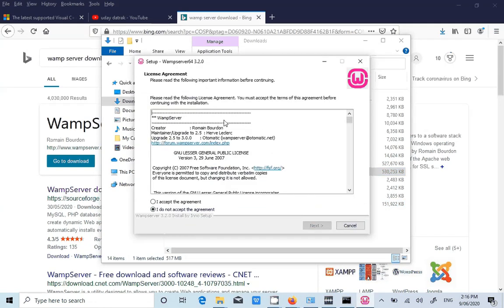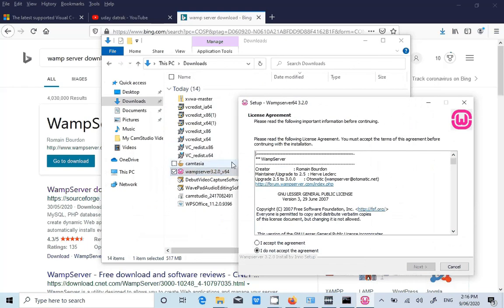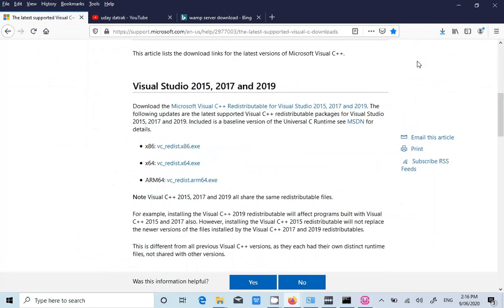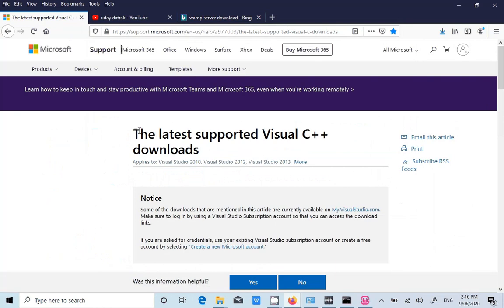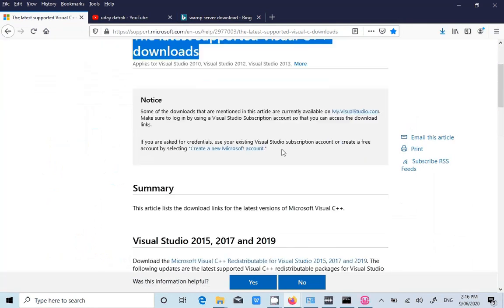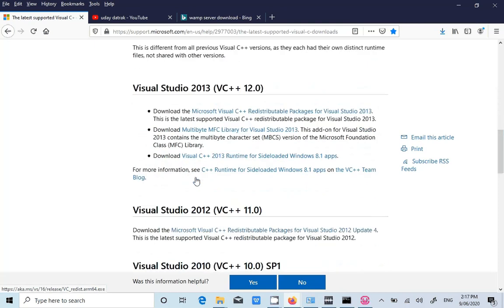Yes, very important step, guys. Before installing this WAMP server, you need to go to this website and install all the supported VC++ distributions. You need to download VC distribution x86, VC distribution x64, and all the links.